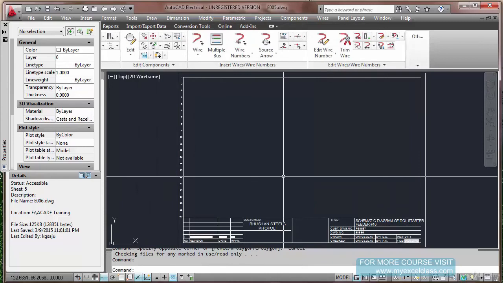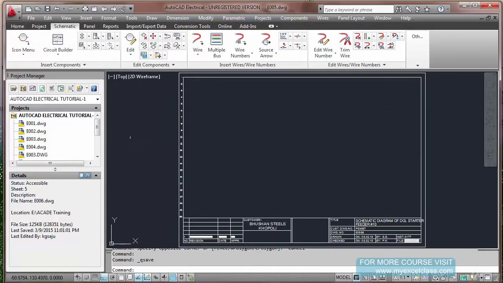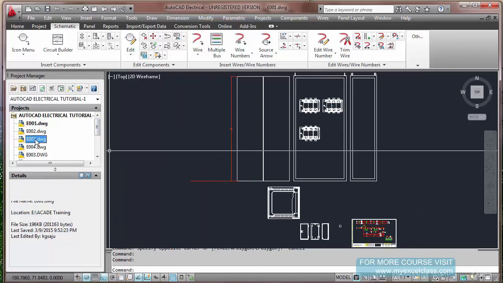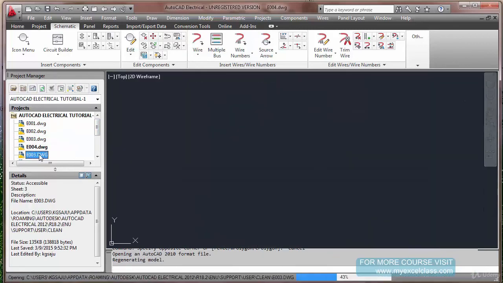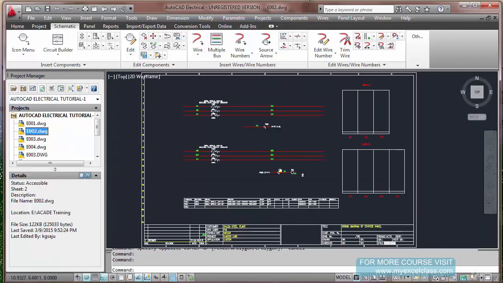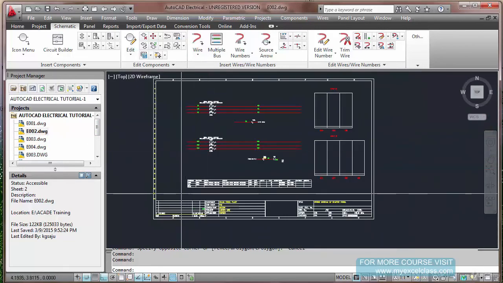Now another feature which I missed telling you in the previous session is this. Suppose in this drawing, I will show you one particular sheet, number 2. See here, this is one of the sheets.